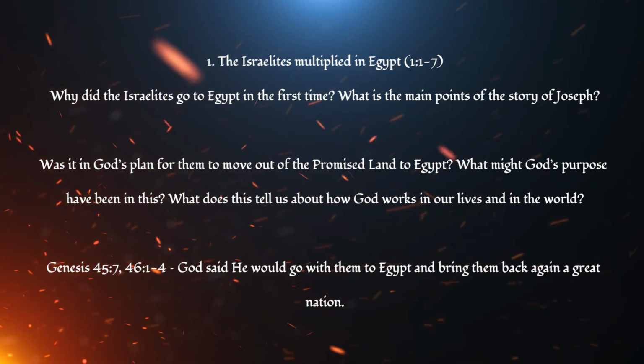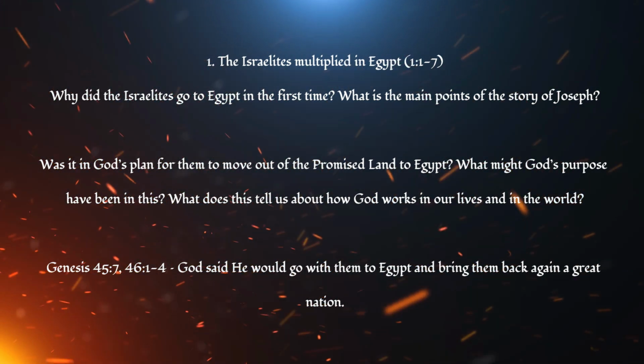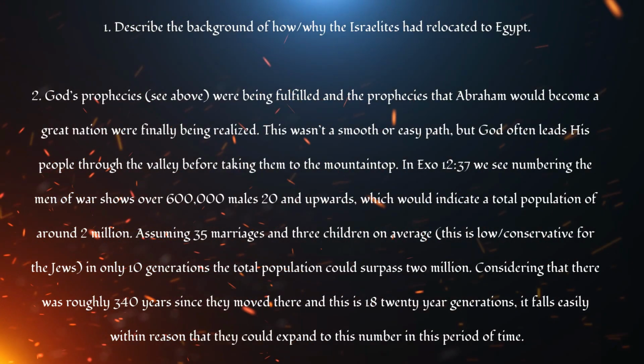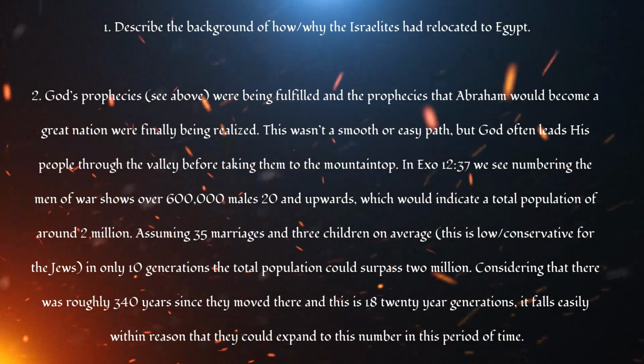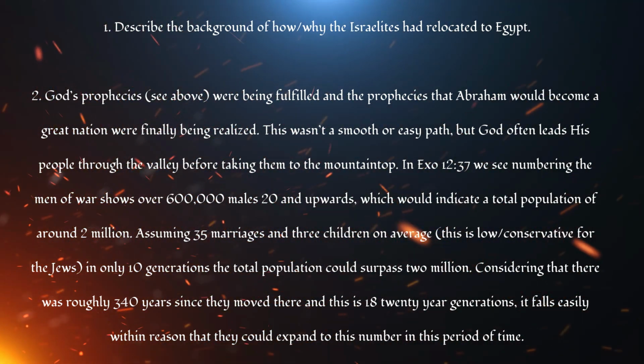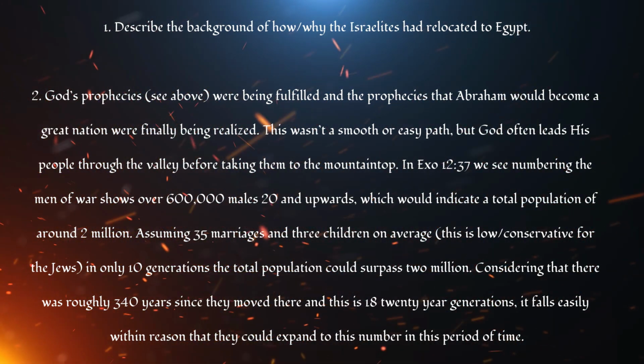Genesis 45:7, 46:1-4. God said he would go with them to Egypt and bring them back again a great nation. 1. Describe the background of why the Israelites had relocated to Egypt. 2. God's prophecies, see above, were being fulfilled, and the prophecies that Abraham would become a great nation were finally